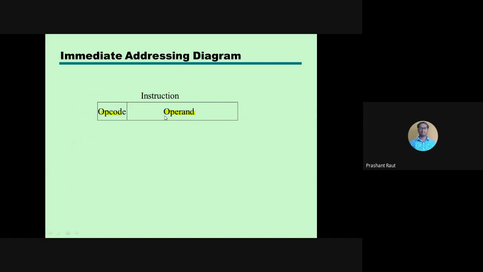You can have three addresses, two addresses, one address, or zero addresses. The bit pattern in an instruction decides whether it is a three address, two address, one address, or zero address instruction.